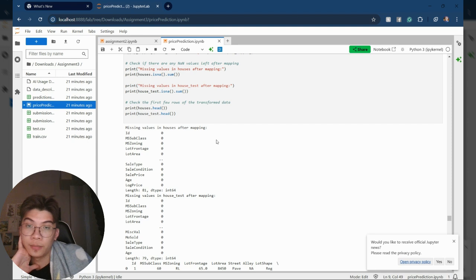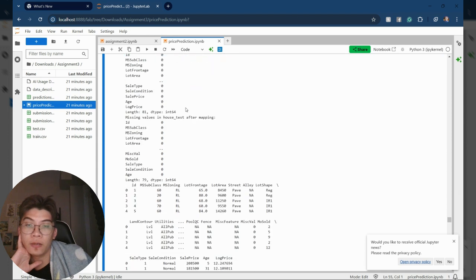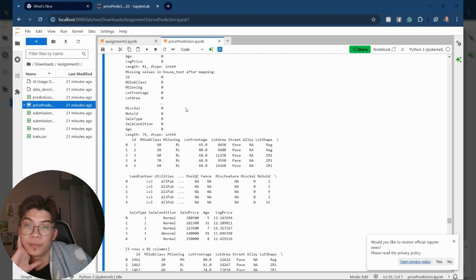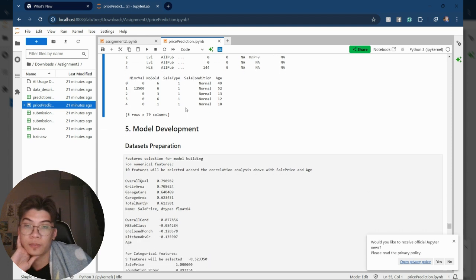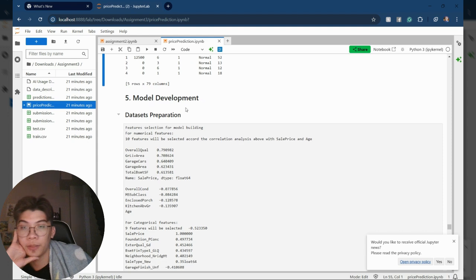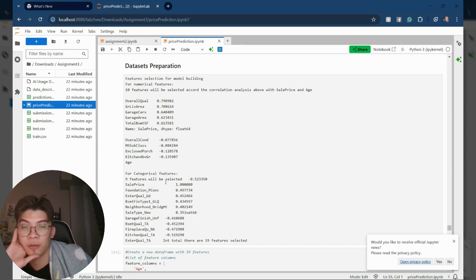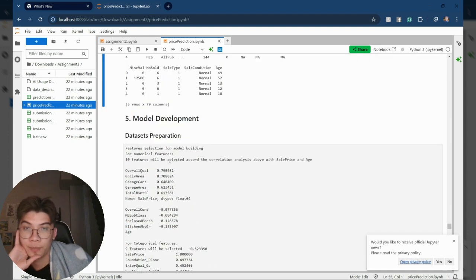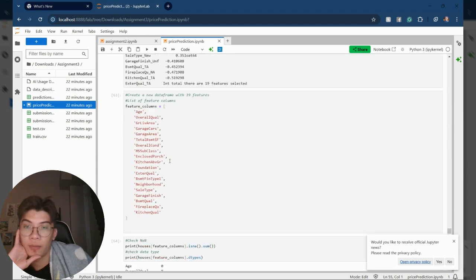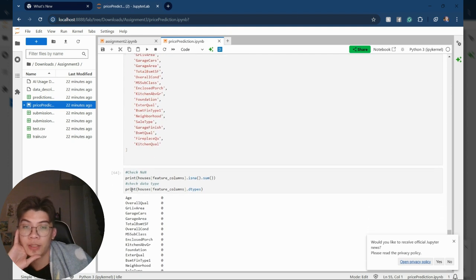And then I also try to check if a value is missing as well. And as we see that we don't have any missing, and then we come to the model development. So we have 10 features that are numeric, and then 9 features that are categorical, and I decided to select 19 features. And then I select all the columns in one list, and then I check the NA for